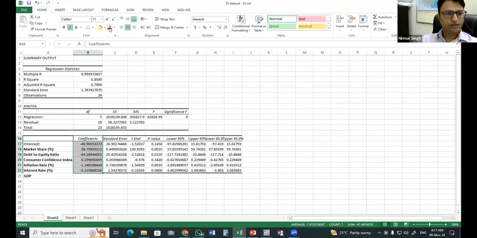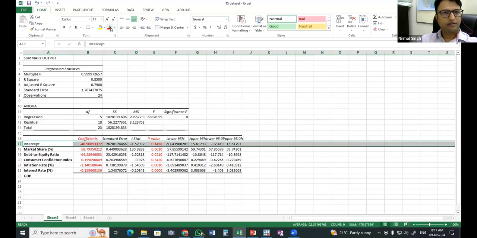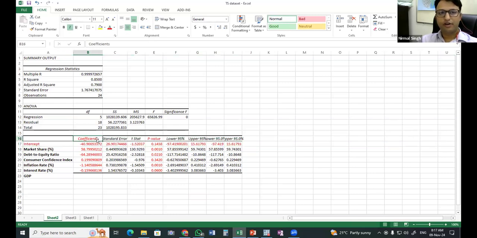Okay. I'm just highlighting these variables which are of interest for us for the timing. So again, here I have 5 variables, and here are the coefficients. We want to interpret the coefficients. Now the question which sir was asking, which particular variable is going to impact which particular variable, and what is going to be the weight of that. From the coefficient we will get to know how much it is impacting the things.